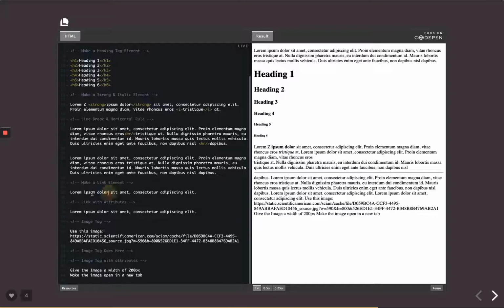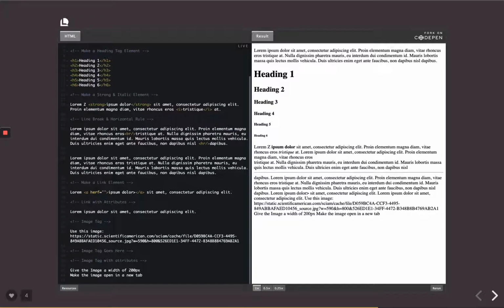Okay, here comes the hard one. Let's make a link element. So the first thing we do is we create our A tag. And we close our A tag just for practice so we know where we're going, right? And we go into the first side, the left-hand side, the opening tag, and that's where we're going to put our href